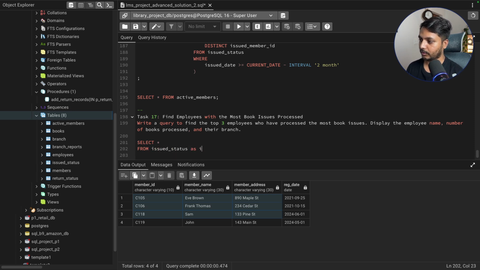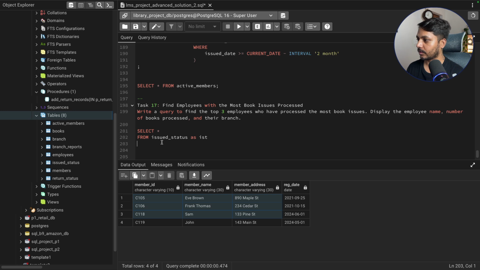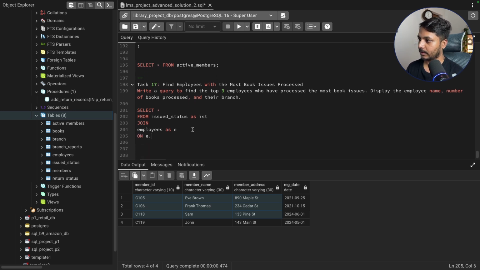I will need to do the join of issued with the other tables. Let's see what we need to find out. Display their name. To get the name, we need to join with the employees, not the members. So you can say inner join with employees as E, on E dot employee ID,